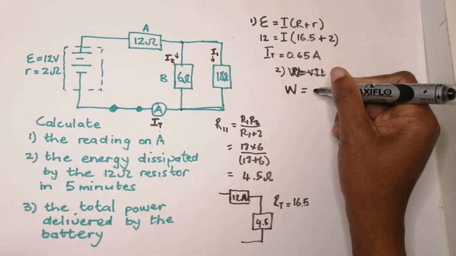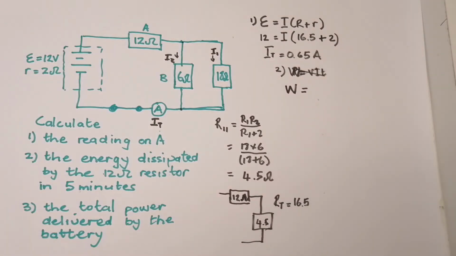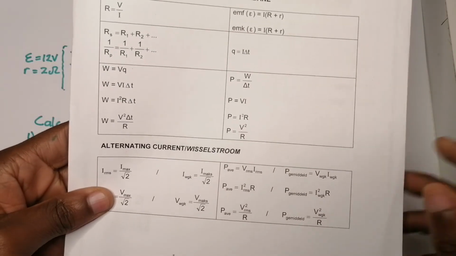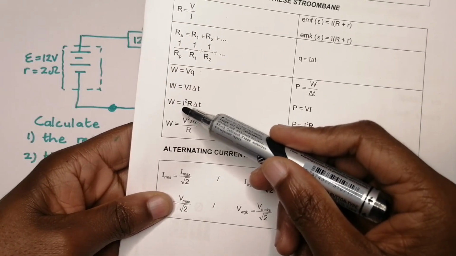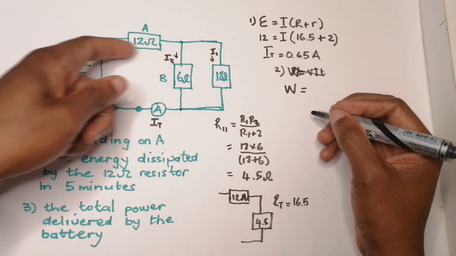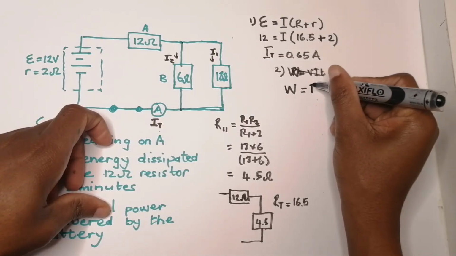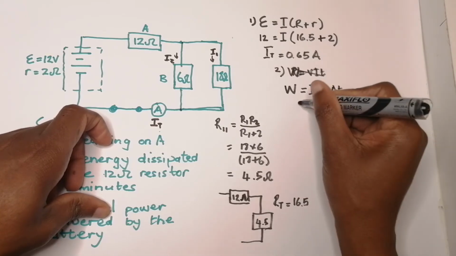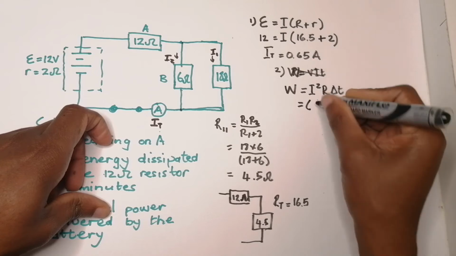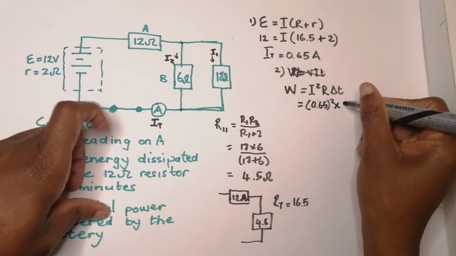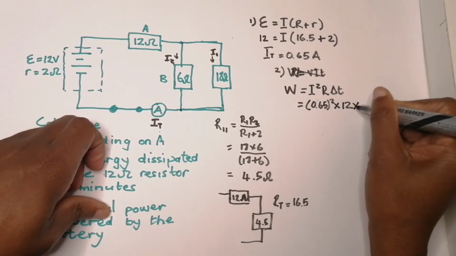resistor. So which of the 3 equations, remember the 3 equations I showed you? Which ones have current and resistance? Remember, we've got the resistance of the resistor. So of the 3 equations, there it is, I squared R multiplied by time. So I'm going to go for that one, because I want one that's going to avoid using the voltage. So that's I squared R multiplied by the time. My current passing through the 12 ohm is 0.65 squared, multiplied by the resistance there, that's 12, multiplied by